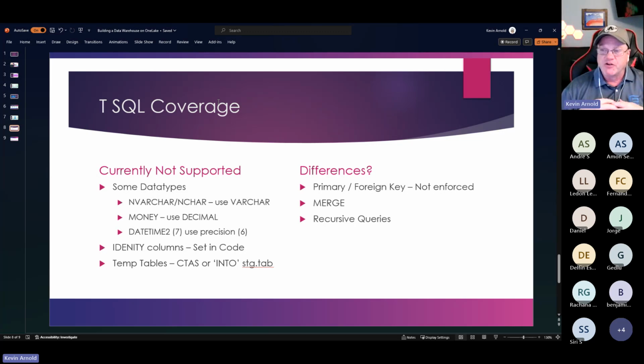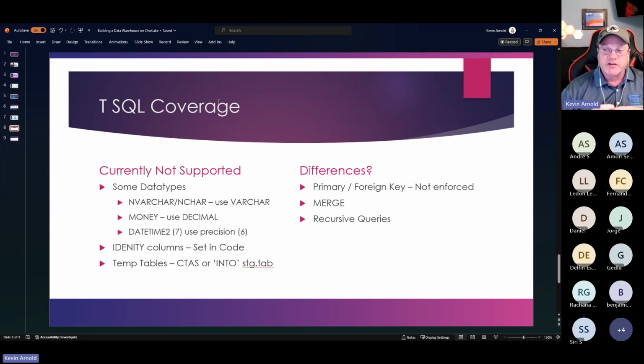Some people are very big on using the merge SQL statement. Hopefully, if you're doing that, you already understand that there are a lot of idiosyncrasies with merge, and sometimes it doesn't work the same way that you would think it would. I tend to avoid merge anyways because I was bitten on a project pretty badly by it. So I usually write out my stored procedures, looking at the data I need to process. Hopefully it has a way for me to tell, here's what I need to do updates on, and here's what I need to do inserts on. And I'll write those as separate things rather than write a merge. Some people like doing merges quite a bit.